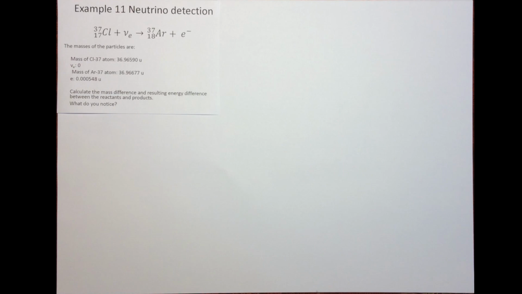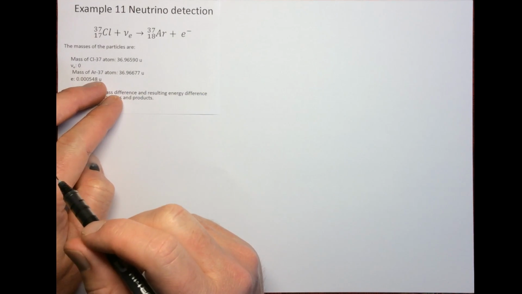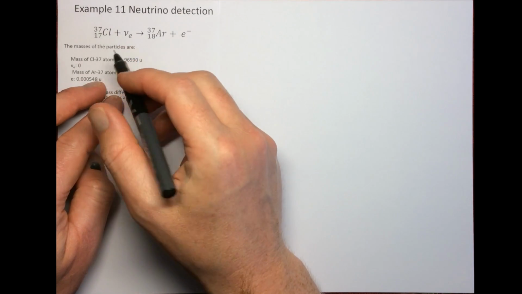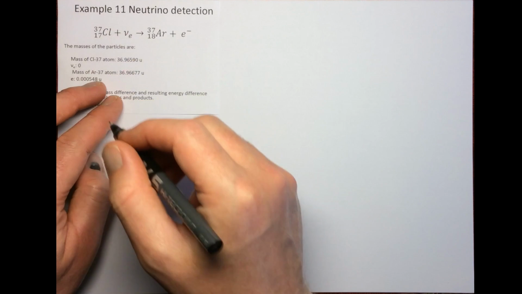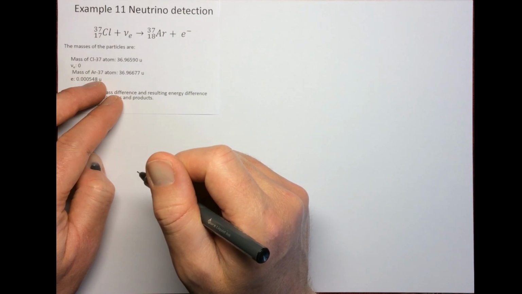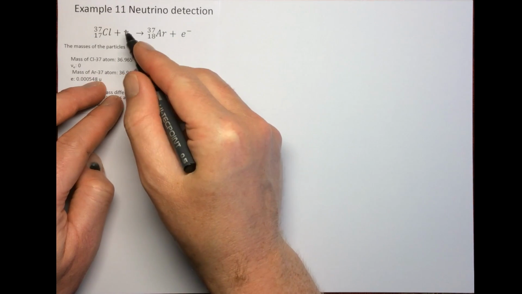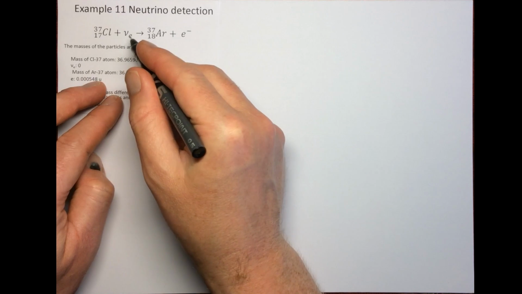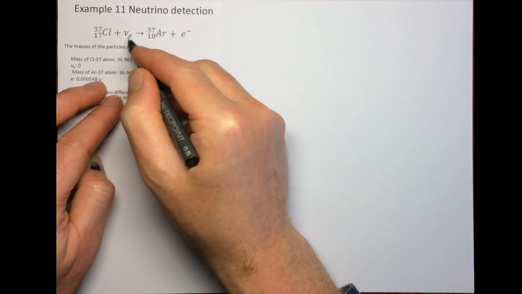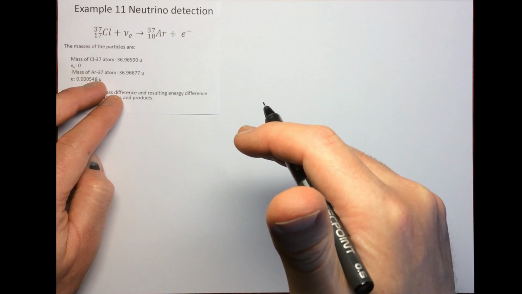Okay, so in this question, we're given the equation, and this is the Raymond Davis and John Bahcall experiment equation, where they took a tank of dry cleaning fluid, which was basically a compound of chlorine, and they were hoping, and what actually happened, they worked out that what would happen basically was the neutrinos, the electron neutrinos released by the nuclear fusion in the sun, would come along, go to the bottom of this deep mine in North Dakota